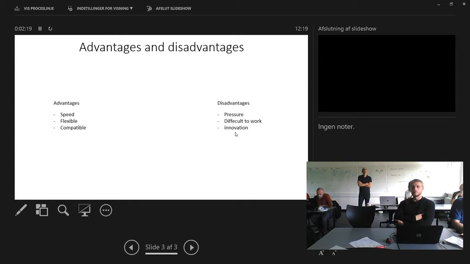And so this is also flexible, so you can always change everything. If you test something and give it to the customer, they can come back and say, hey, I'd like to change this, so you can do that again. It is compatible with other methods. If the company has worked in a Scrum model before, it's easily compatible, so you can switch. Okay. And the disadvantage is there can be pressure on the working team,